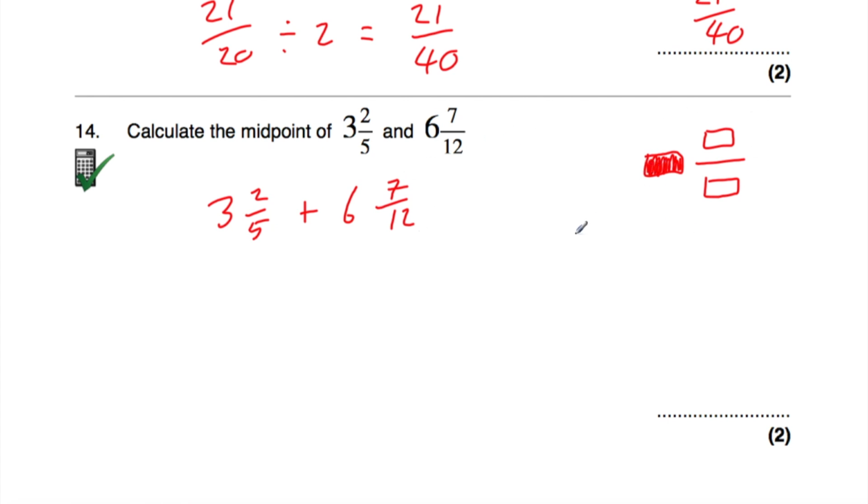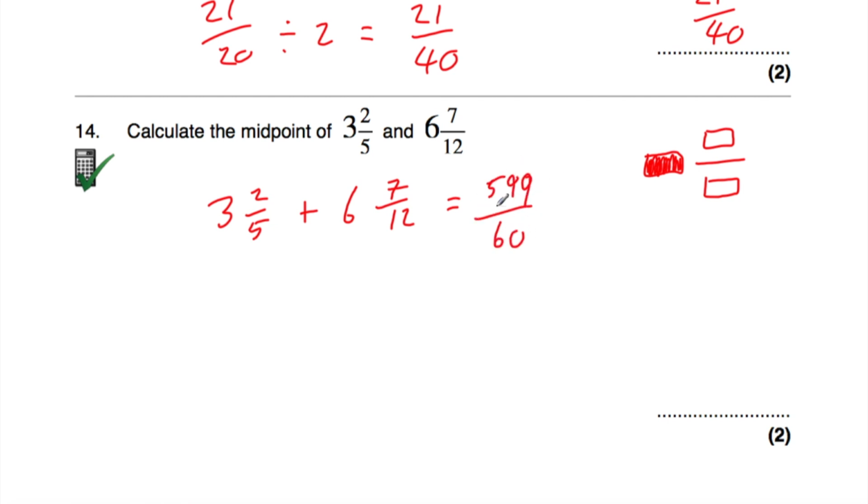So I'm going to press shift, and then I'm going to press the fraction button, and it comes up with a box and then that fraction beside it. So I can type in 3 and then go across and type in 2/5 and then plus, and then I'm going to press shift and press that fraction button again, and I'm going to type in 6 7/12. And I press equals, and my calculator says that's equal to